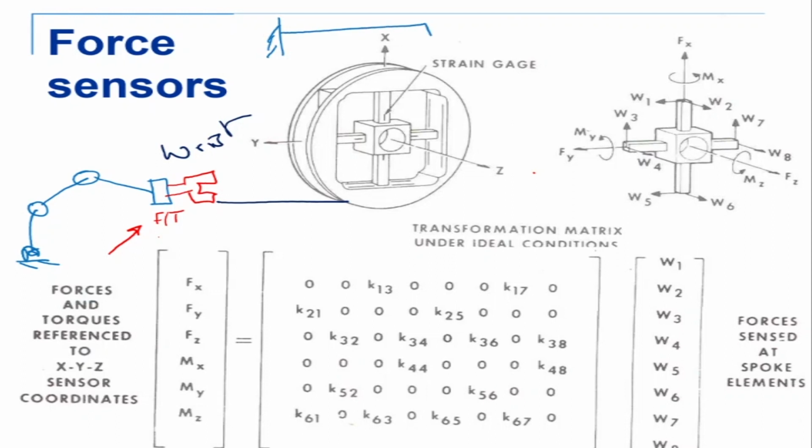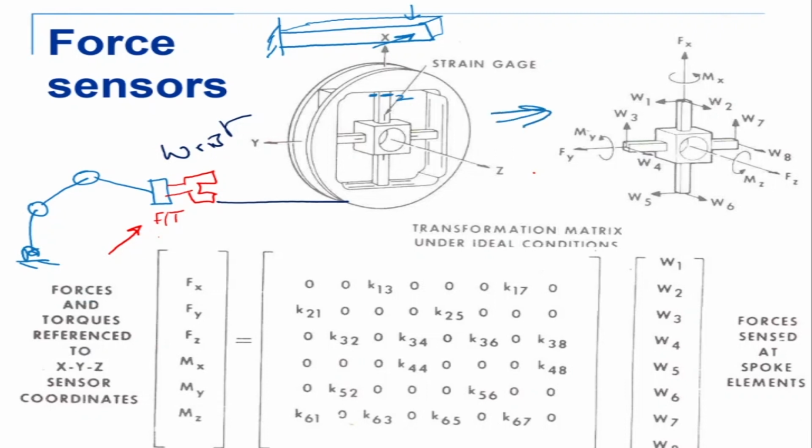One end is fixed, and it's a beam. There is one force in this direction, and there is one force in that direction, which can act. So each beam can take 2 forces. Let me draw a 3D view like this. On each of these, there will be forces here and here, 2 forces each. This is the figure which is showing.